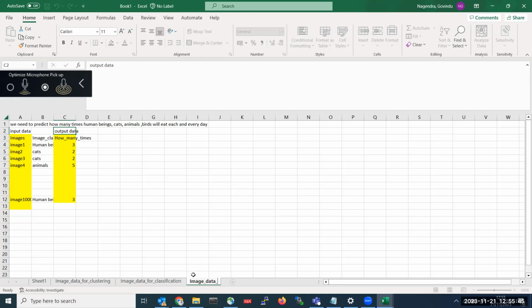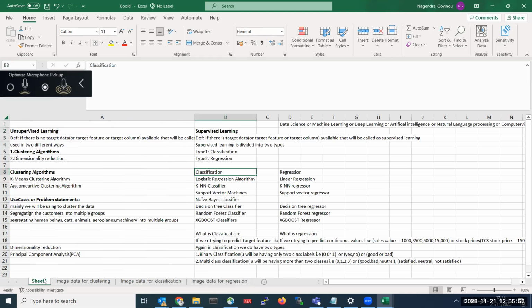Regression also is telling clearly. Like this is the complete introduction and complete algorithms about machine learning.